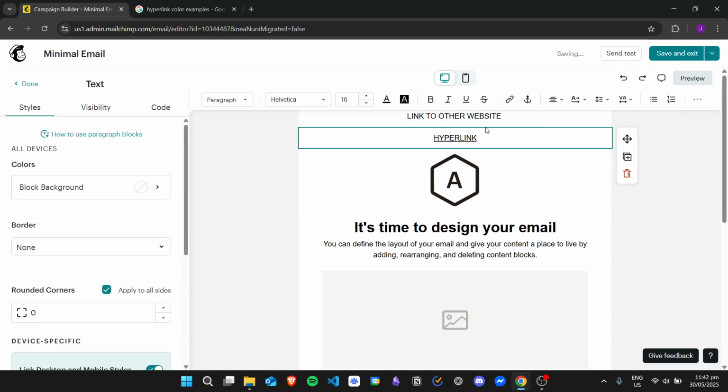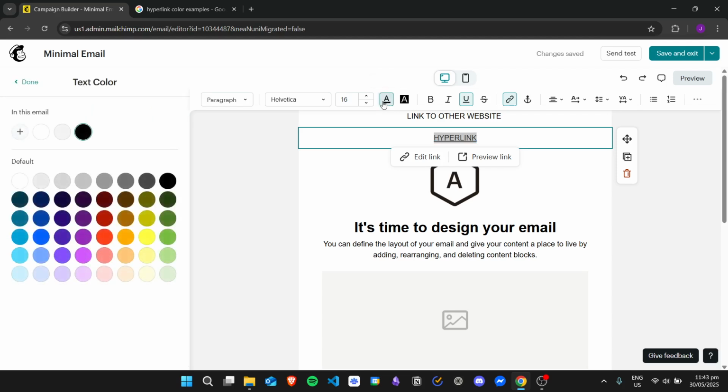As you can see, it is listed in black. If we want to change this, let's just highlight it again and go here to the top bar, find text color, click on it, and then you can choose from the different colors that Mailchimp has to offer. For example, I want the link to be violet, click on violet. I want to have the hyperlink as red, just click on red, and so on and so forth. So I want to have it in violet,